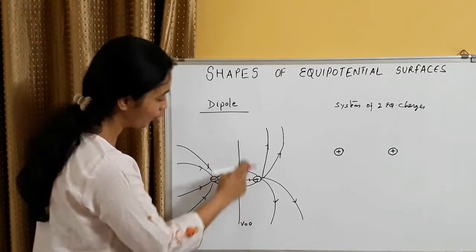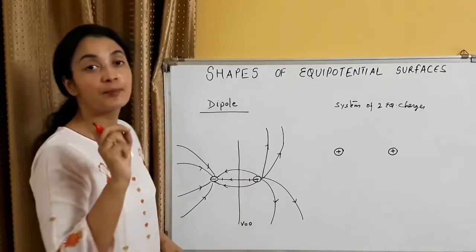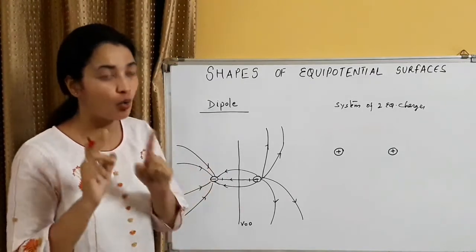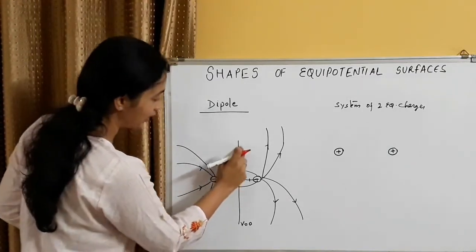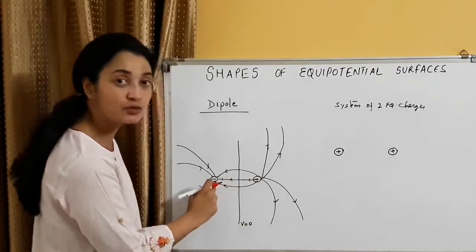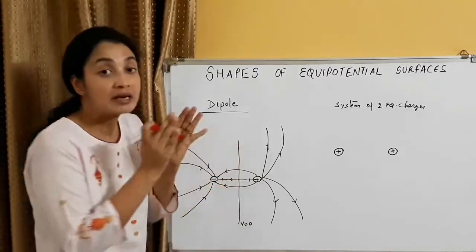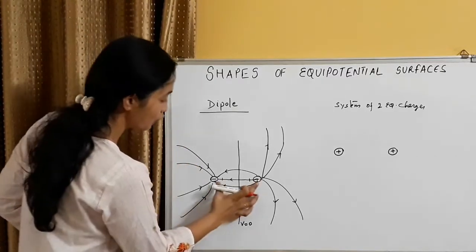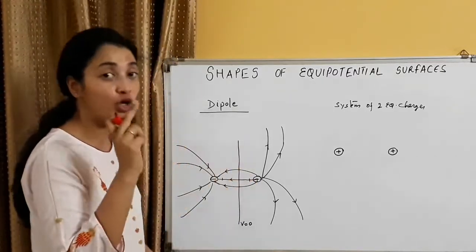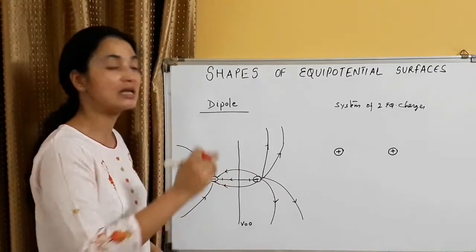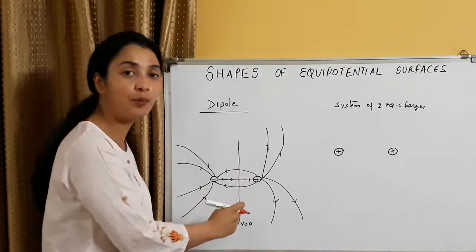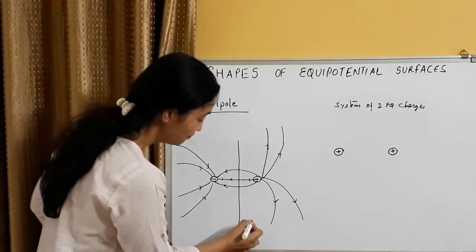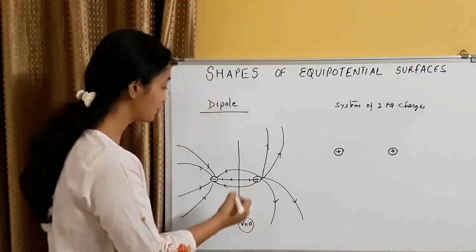This central line, what does it represent? This is representing a surface or a line where the potential is zero. Why? Because it is plus V due to plus Q charge, minus V due to minus Q charge, so the resultant scalar sum will be zero. You remember we have already studied in the previous episodes that the equatorial line of the dipole is the line at which the potential is zero, because it is plus V and minus V.